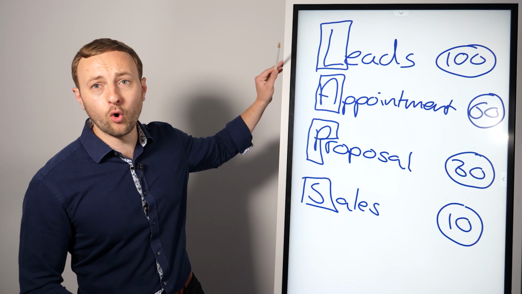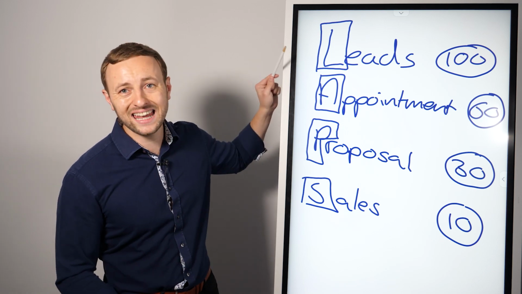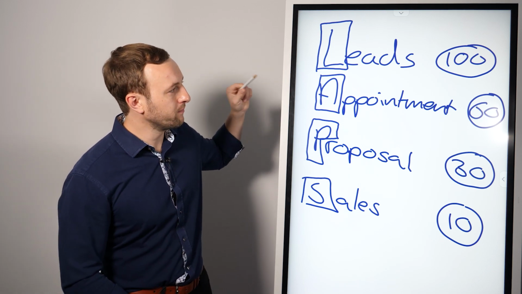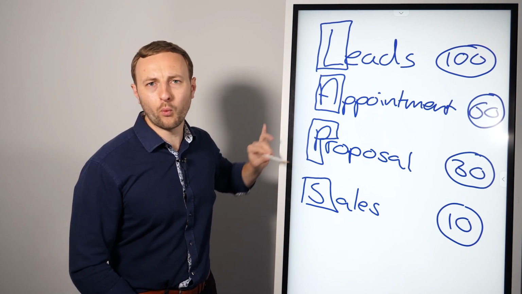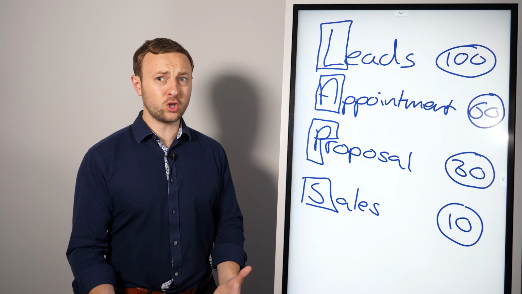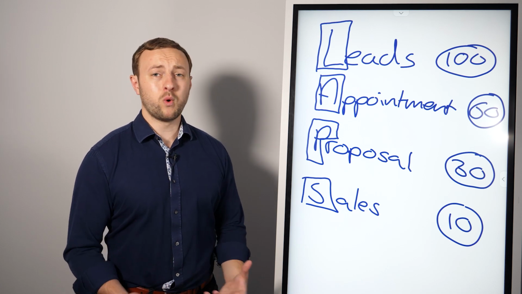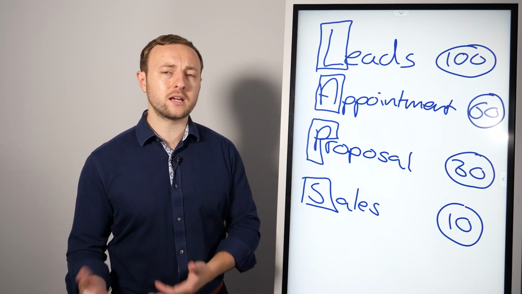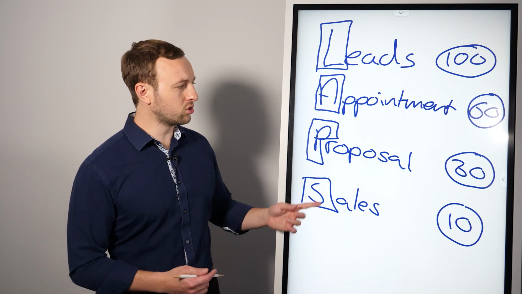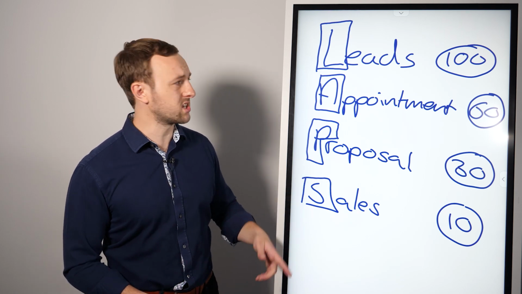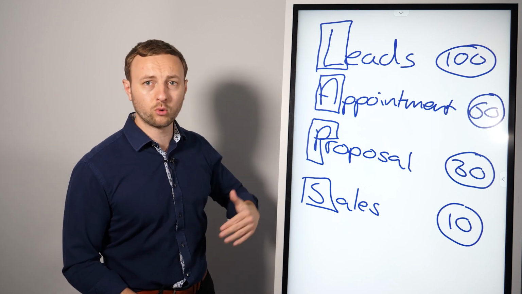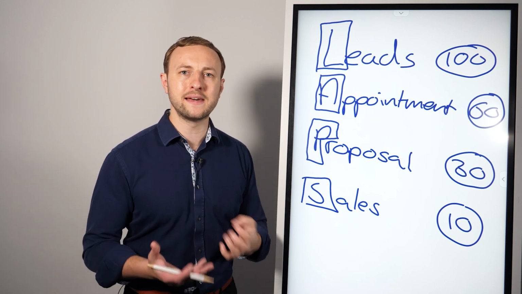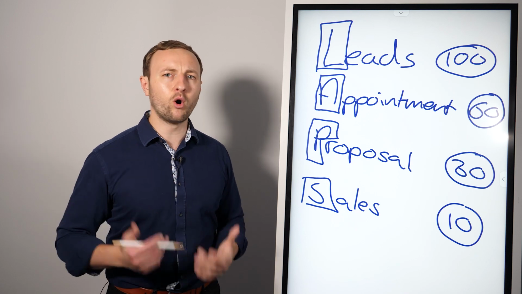Let's look at this in a different scenario. Let's say after 4 weeks, you've had 10 leads in, booked in, 6 appointments, 3 proposals, and you've got 1 sale from that. Well, that's pretty good, right? So actually, where's the breakdown there? If you want to make more money or get investors, you're decent at converting proposal to sale. You're decent at converting leads to appointments to proposals to sale all the way through, but you're not getting very many leads.